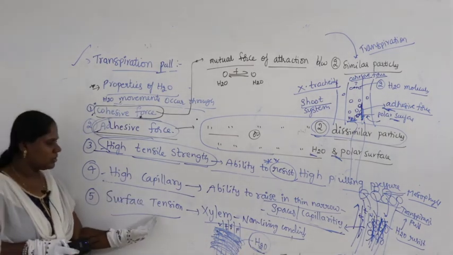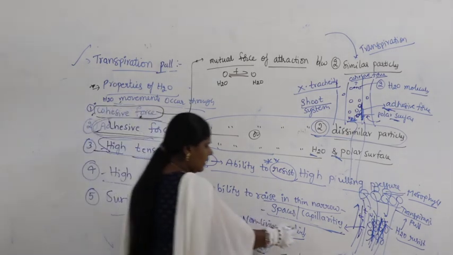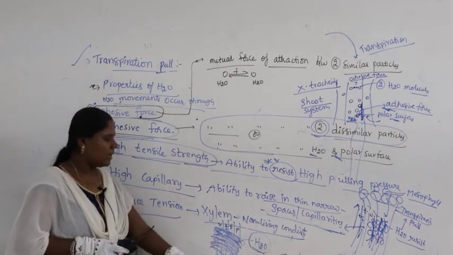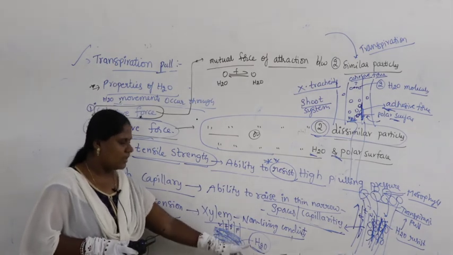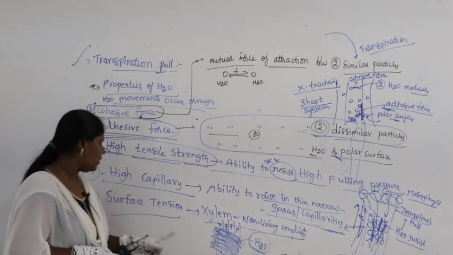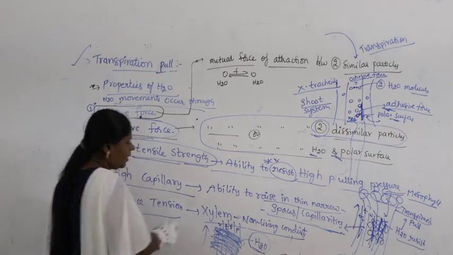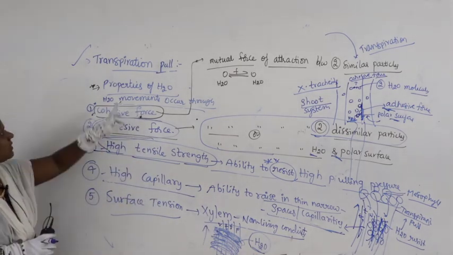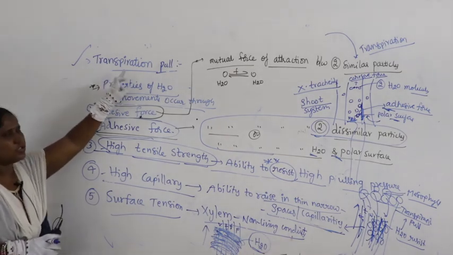Next, surface tension. If you take a section across the xylem, all the non-living conducting cells are fully filled with water. When you take the vessel, trachea, fiber and parenchyma, the full surface area is occupied by water. It causes a high surface to volume ratio, which creates surface tension that makes the water go in the upward direction. All these properties of water support the upward movement of water that happens by transpiration pull.